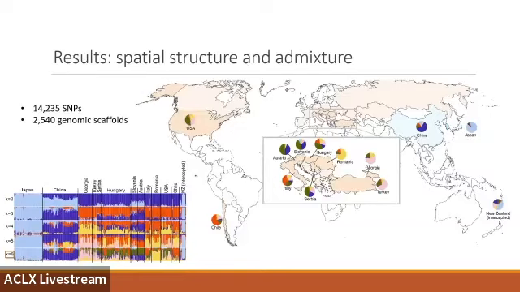So these results are based on around 14,000 hard-filtered SNPs. We found that within the native range in Asia, BMSB is highly structured. Japan and China form two very distinct clusters. But within the invasive range, the levels of admixture are high, and there's a lack of discrete population structure that can be associated with a certain country or even geographic region, except for Romania and to some extent Georgia